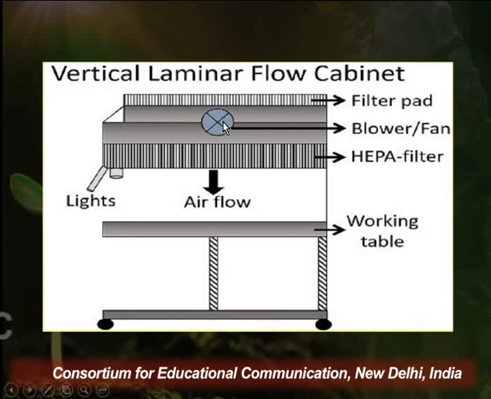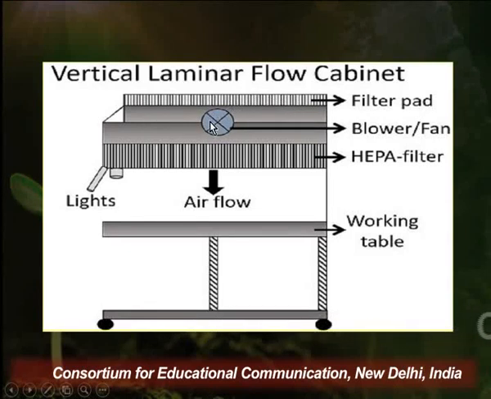Because of this blower fan, the air is sucked from above and passes through the pre-filter or the filter pad. Because of the presence of this filter pad, the dust and lint are stopped here only,